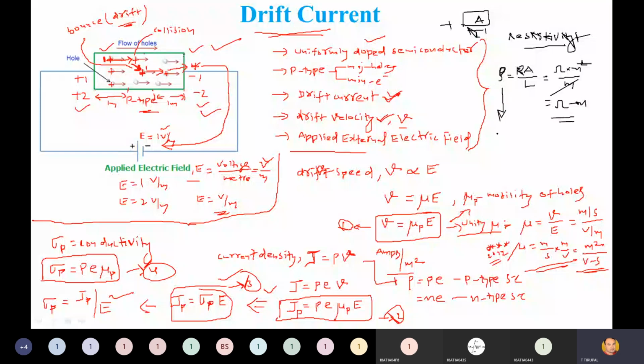So you can find resistance also from this equation. From this equation, capital R is equal to rho L divided by A. This is another equation. Please do remember these two equations. They are very important for us. Resistivity in terms of resistance, area and length. Got it? Right. Now let us go for certain problems.